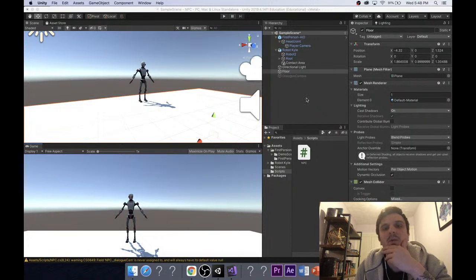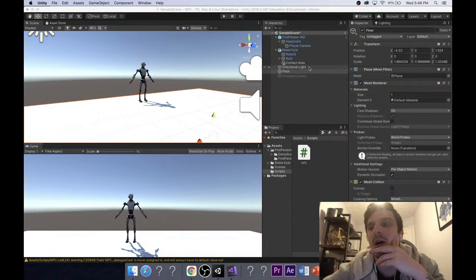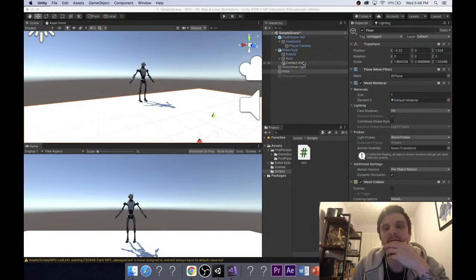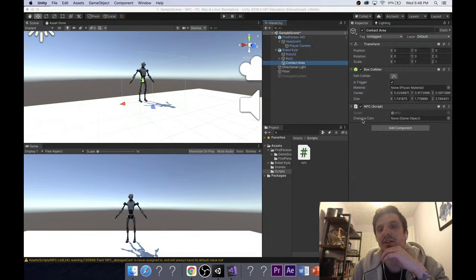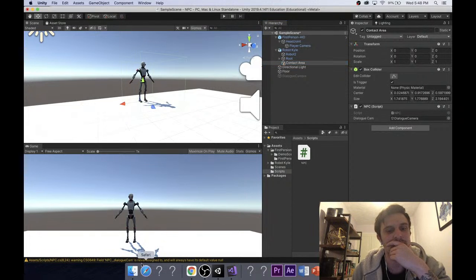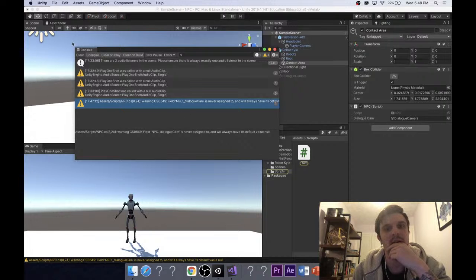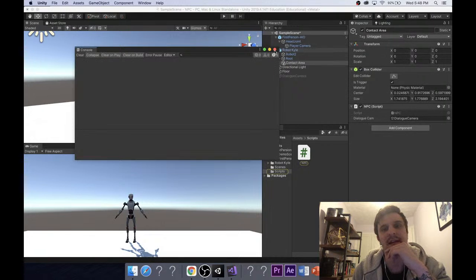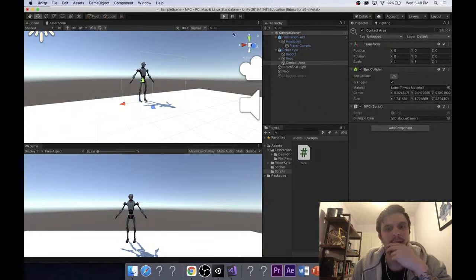And then if we go into our contact area, we can see that we're now asking for the dialog camera. We've got our dialog camera that's grayed out because it's disabled, and obviously we're going to enable it when we are in our triggered area. Not going to worry about any of that. So if we press play,